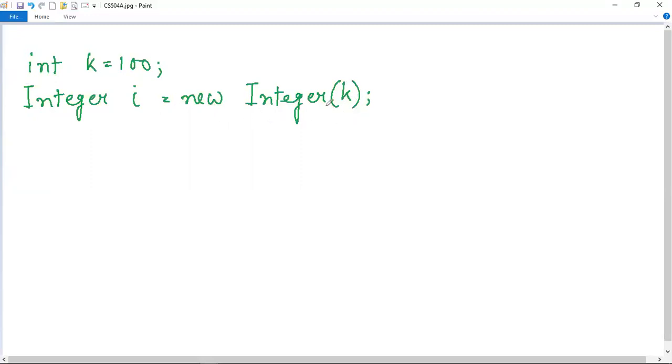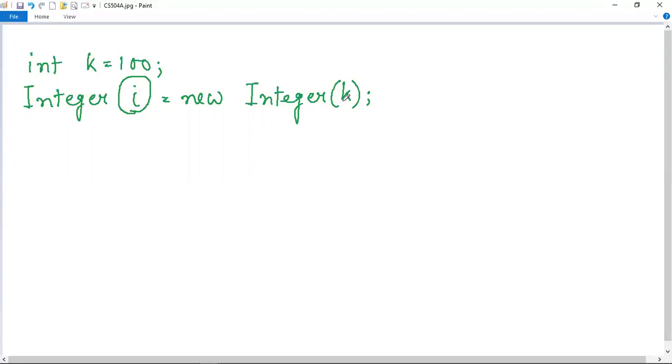Whenever we are passing this k variable into this constructor, that means this k will now have an appearance of an object. This k is a primitive variable, and its data type is int, which is a primitive data type. Now it has been given an object appearance using the wrapper class of the primitive data type int, which is Integer, and the object that has been created for this purpose from this Integer class is I. So now using this I, you can have an object appearance of this k integer variable.